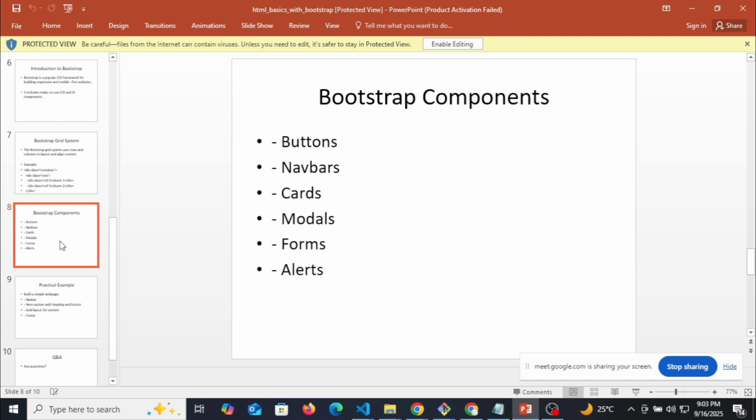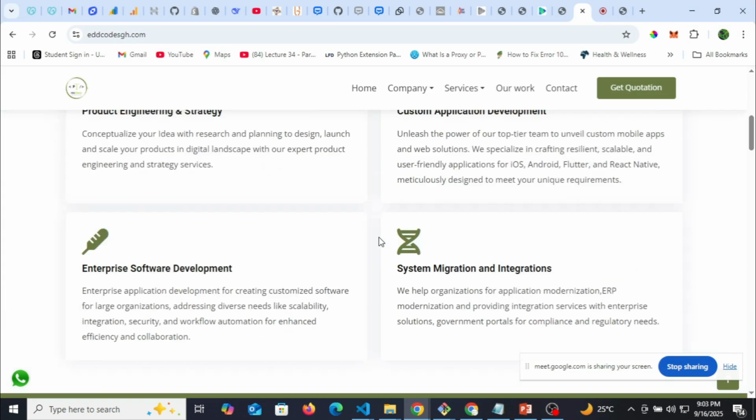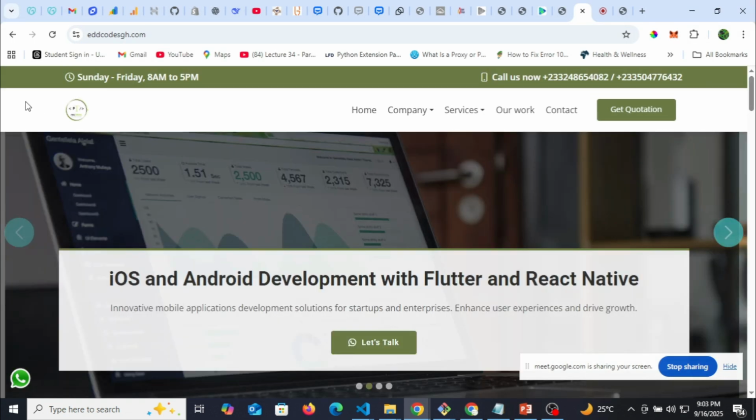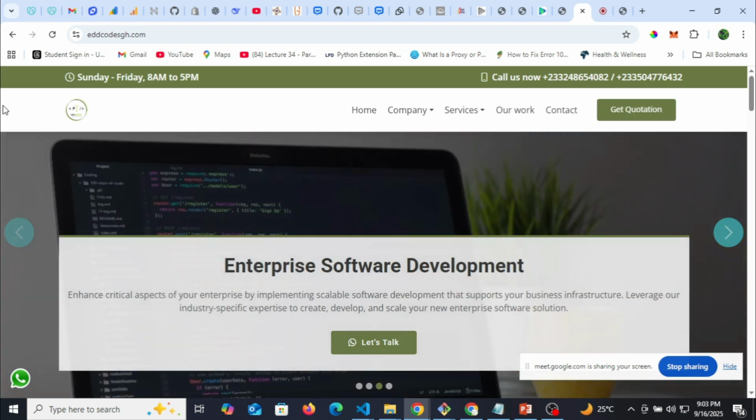Now we have Bootstrap components. We have a lot of components. These are just a few, but these are most of the components you'll be using in Bootstrap. You have the buttons. You'll be using Bootstrap buttons. You'll be using Bootstrap navbars. When you check this item here, this is a navbar. We call it the navigation bar, or the navbar for short. So the navbar has my home, my company, services,